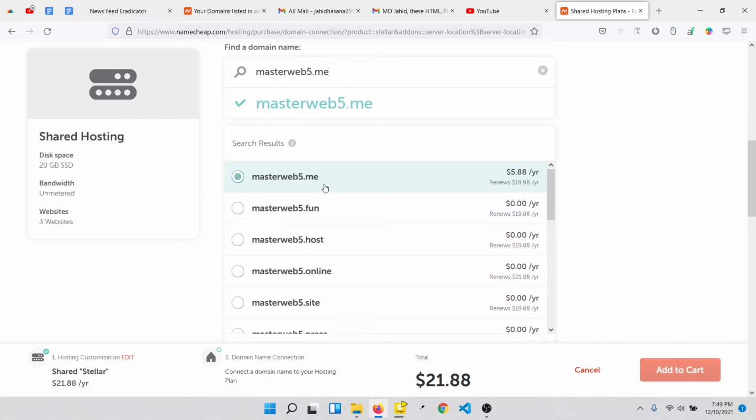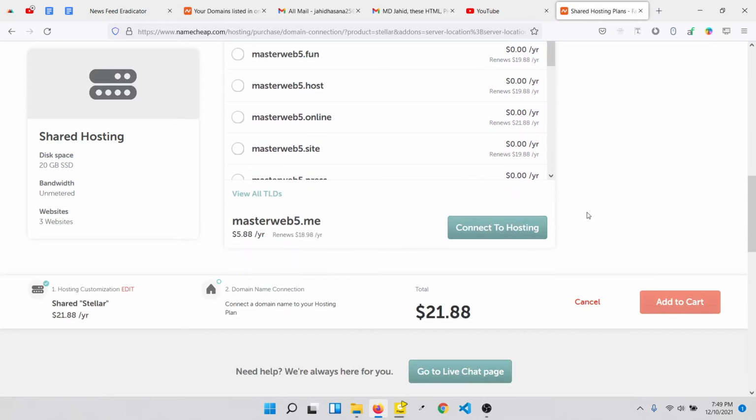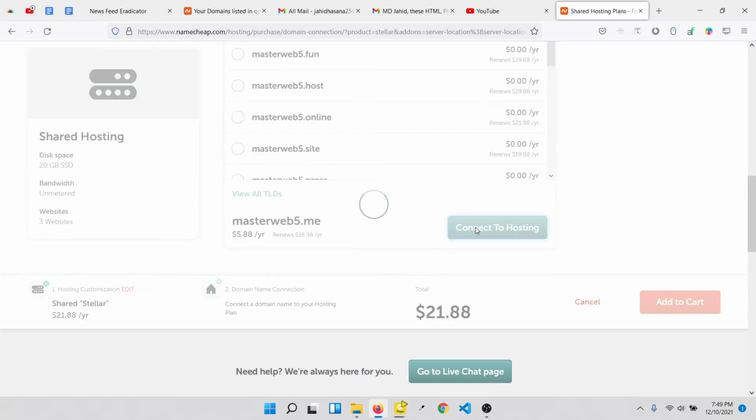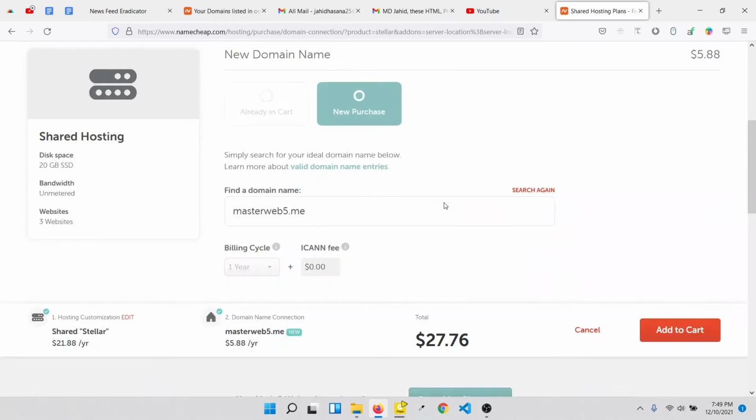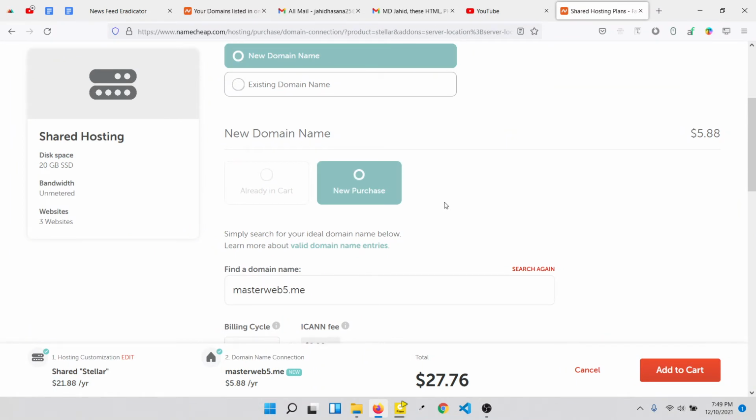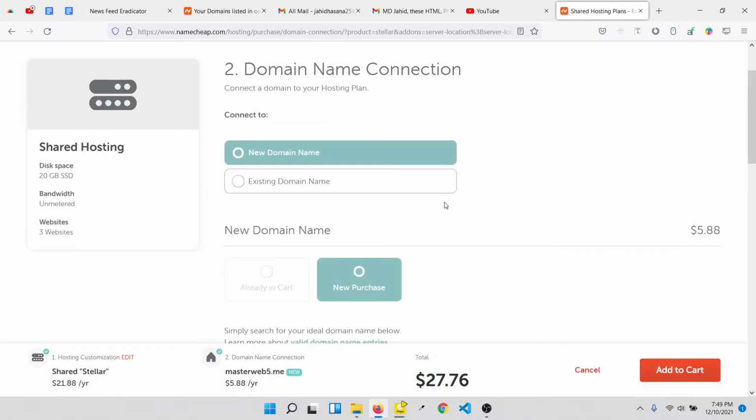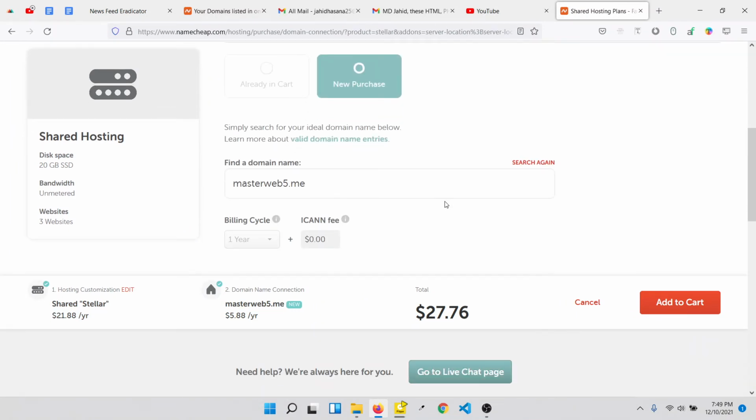So that's fine, it comes up. So I just select this, scroll the page and click the connect to hosting button, and the domain is successfully connected to hosting. Then you just click the add to cart button.